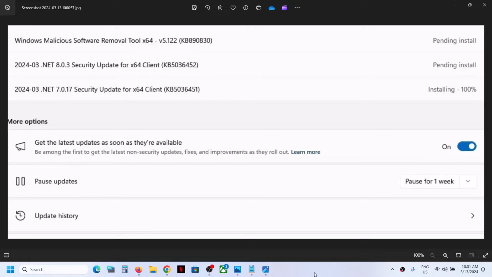Today in this video I'm going to show you how to fix when you're unable to install this update, that is .NET security update KB5036452, KB5036451. So if you're unable to install these updates on your Windows 11 computer, then please follow the steps shown